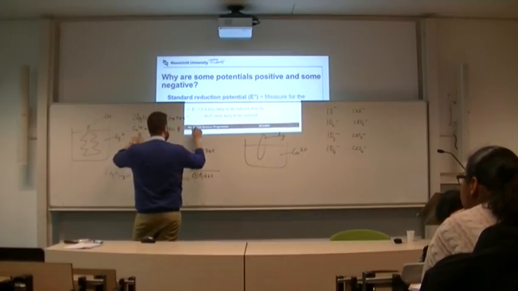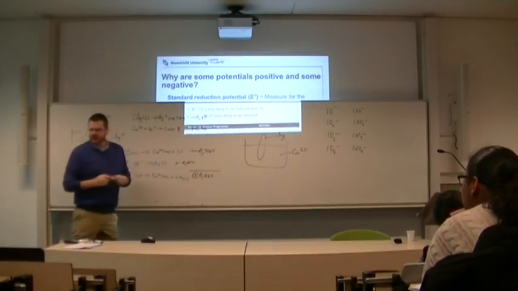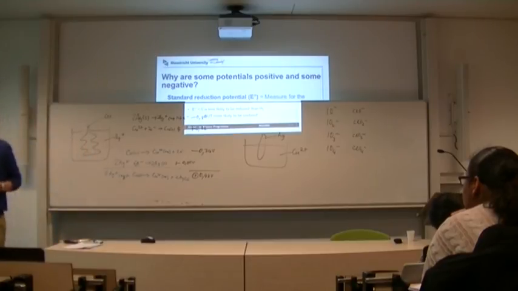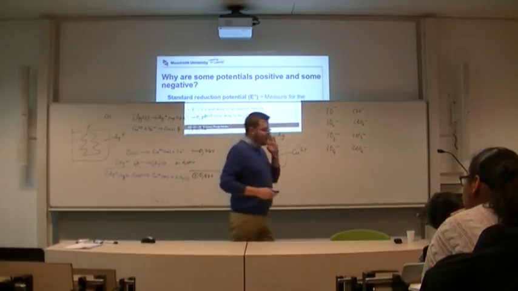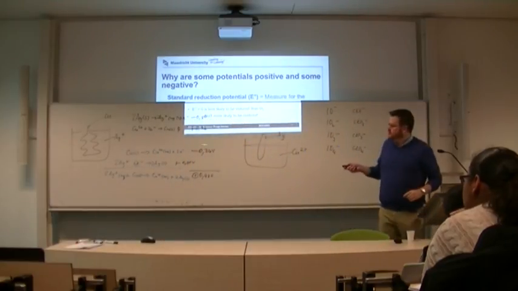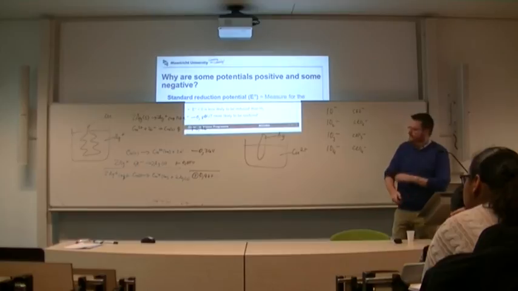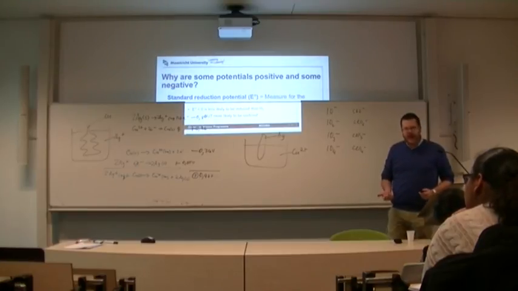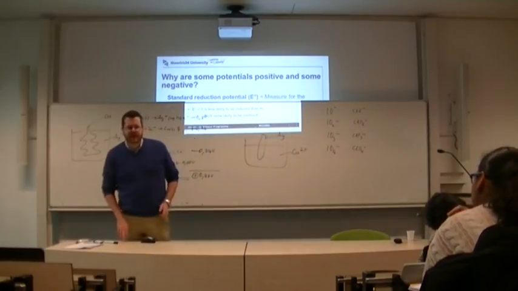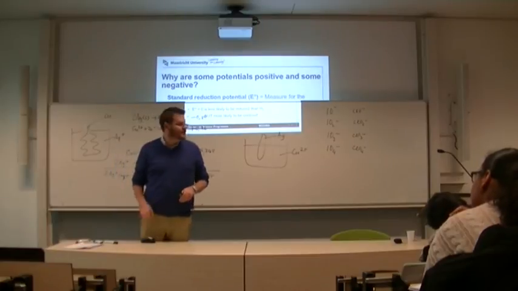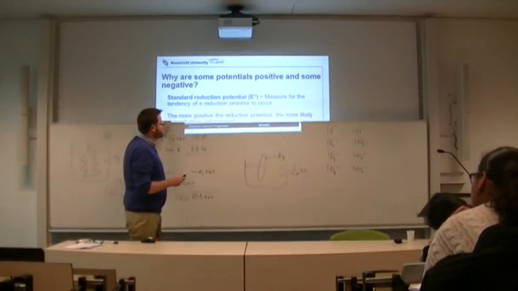So it's going to be plus 0.34 minus 0.80, and if you add those two up, the result is negative. And so because the sum of the electrochemical potentials of these two half reactions is negative, the reaction is not going to proceed spontaneously. And that's the way to interpret this table. It's very valuable because you can predict whether or not a reaction occurs spontaneously or not. Just before the break,